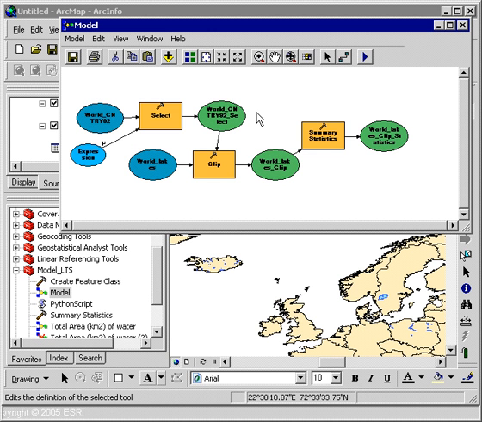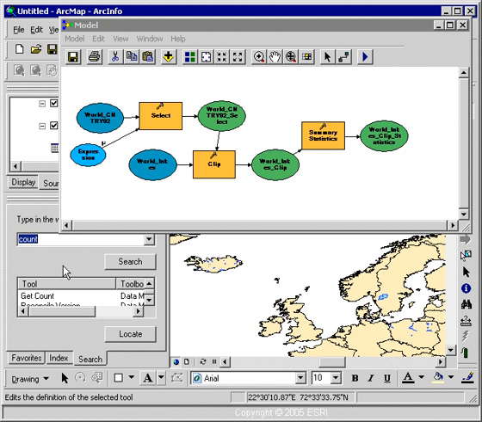But what I want to do is, one, generate my summary statistics, but I also want to find out how many water features I had in this analysis. So I think a while back somebody told me about a get count tool, and I only know about it, but I don't know what toolbox it's located in. So what I could do is click on the search tab here, type in count,